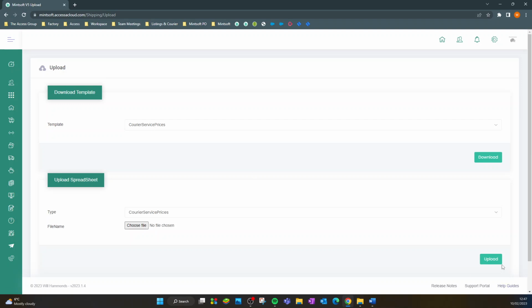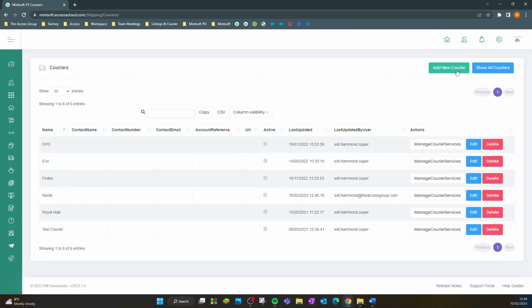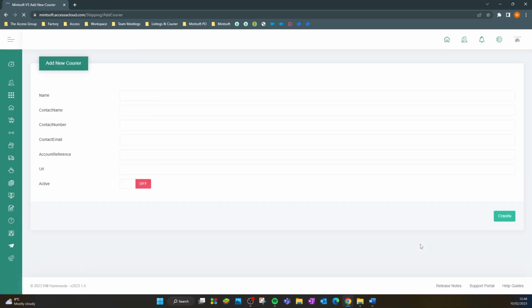If you ever need to make your own custom service on Mintsoft, you can do this by going to Shipping Management Couriers once again, and you can add new courier. Keep in mind that courier services you add manually won't be connected to any courier connections, and you won't be able to generate labels from them,